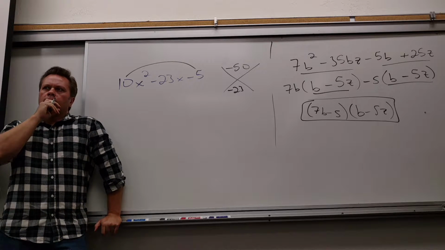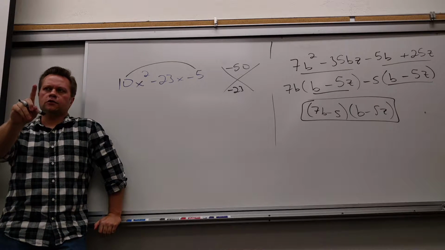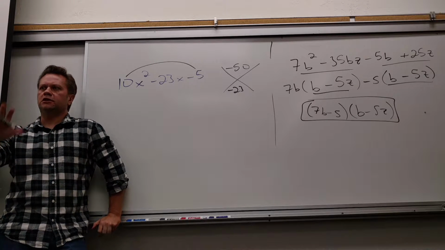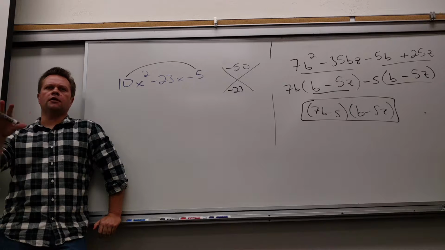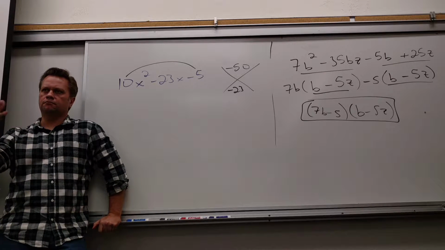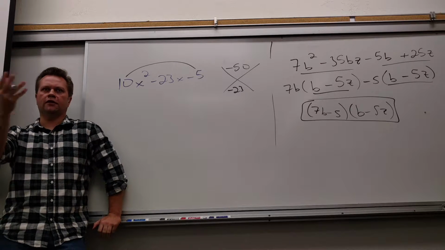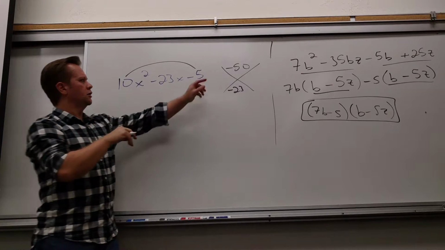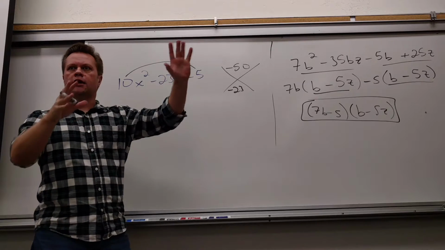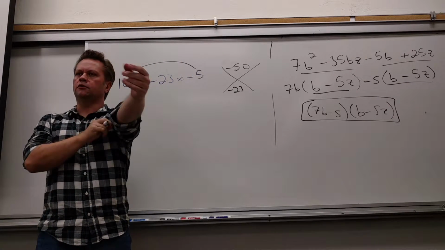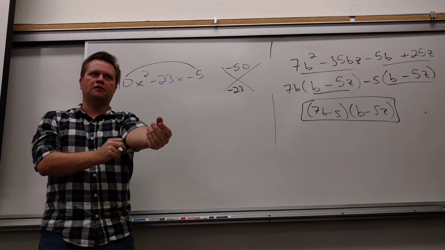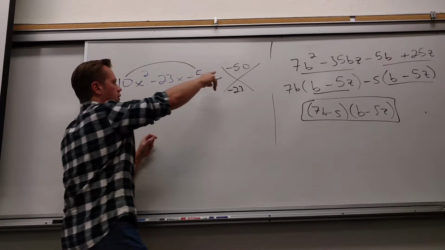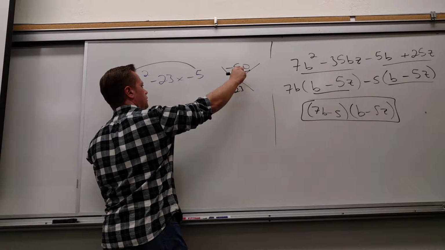I got you. One person so far has used, and this is not your fault, some teachers show you a method. They might not call it bottoms up, but that's what the name of it is. I didn't make this up, and I'm not letting you use it anyway. It's kind of like where you get the numbers and then you divide, and then magic happens and the answer comes out. And I don't like magic in math necessarily, right? But here, I know I got to make 2 numbers that